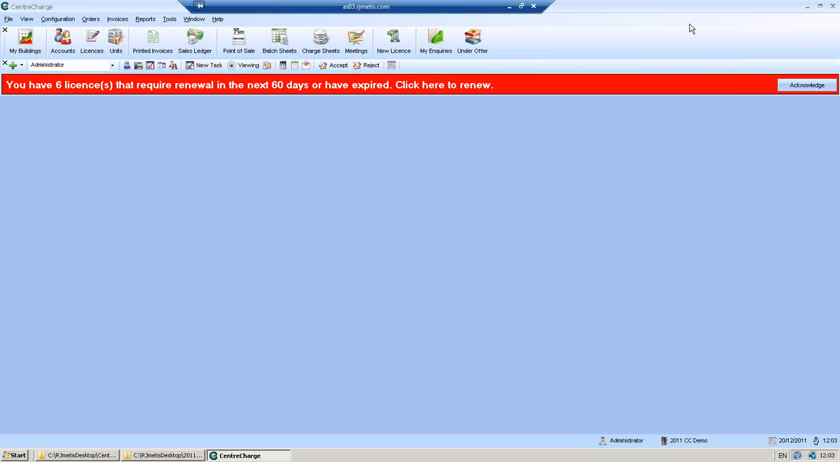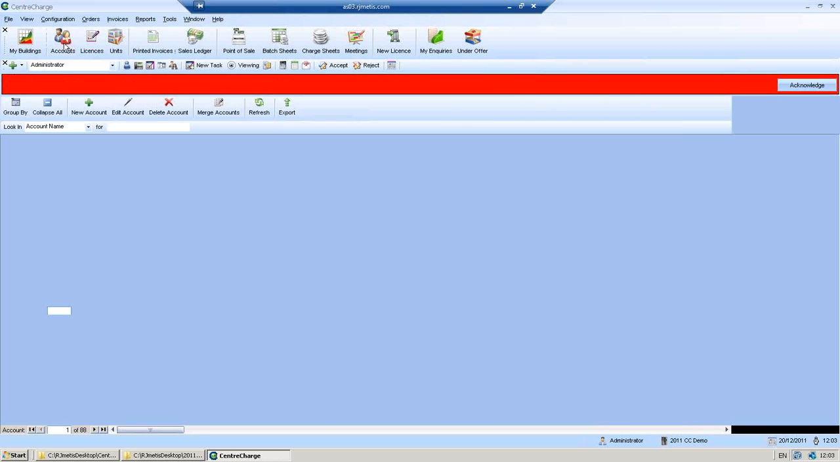The first thing that we need to check in order to be able to import any CSV charges, whether it's telephone calls, postage, anything like that, is that your accounts have an account code, like a reference number, which will either link to your call logger or your photocopier, or just an account code so that you can then import charges into CentreCharge. To check that, you need to go into your accounts. So click on Accounts,